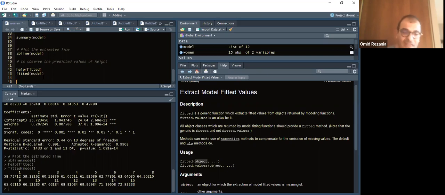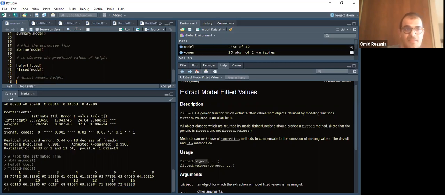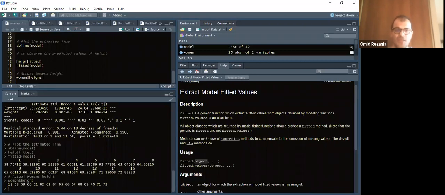Their actual value, we just write the actual women's height like this. You remember that. You put the name of the data, women, you press shift and number 4, which is the dollar sign, and you choose the word height. I'm just going to run the code. Then you see that